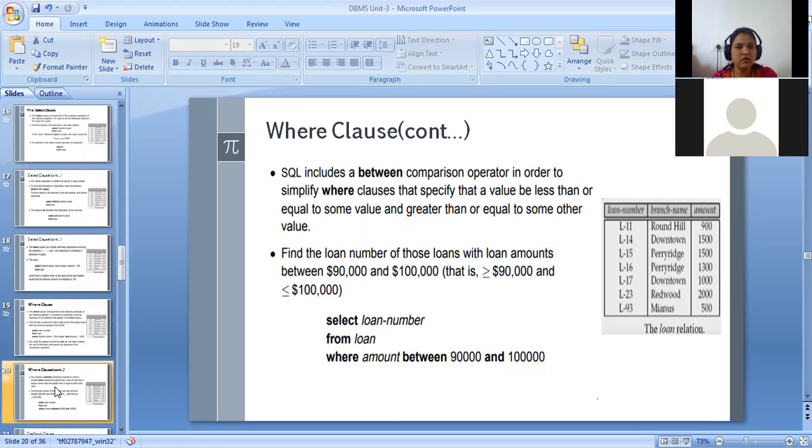We also use the between comparison operator in order to simplify the where clause. Sometimes less than, greater than may confuse, so for simplicity, the option is the between keyword. If you know the boundaries of your values, starting and ending, and within a range you want specific records, then you can use the between keyword.